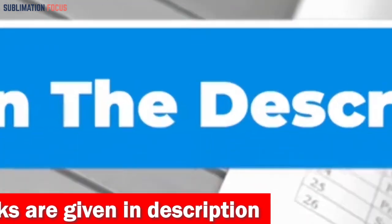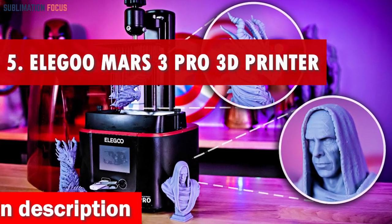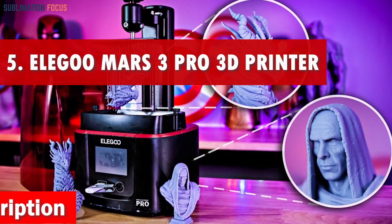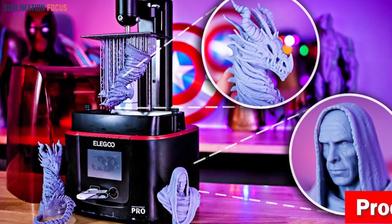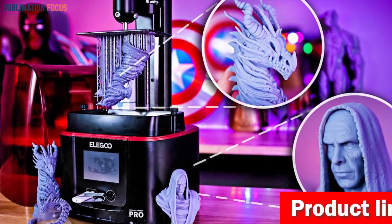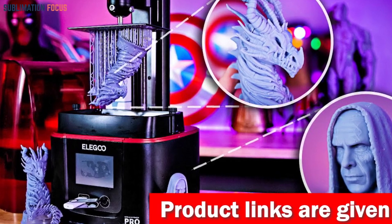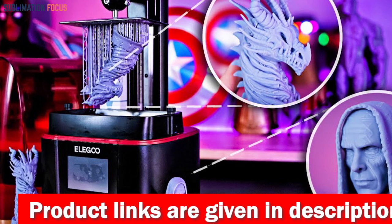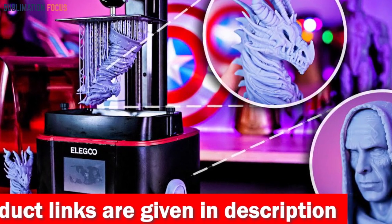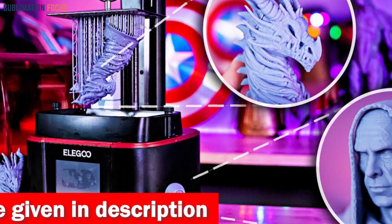Number 5 is ELEGOO Mars 3 Pro 3D Printer. The ELEGOO Mars 3 Pro 3D Printer is a game-changer when creating model cars. Its Ultra 4K Mono LCD brings your designs to life with mind-blowing precision. Imagine printing intricate details at a high XY resolution of 35mm, making your models stand out. It offers exceptional printing quality, and the Mars 3 Pro boasts a larger build volume, giving you more room to